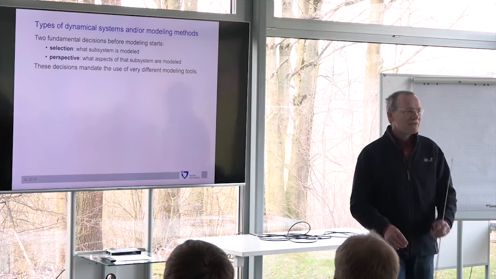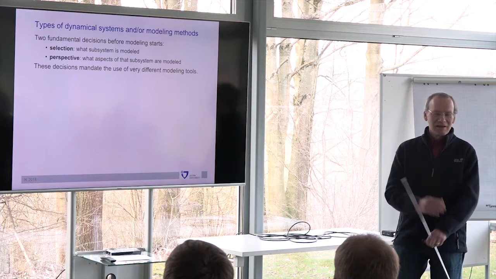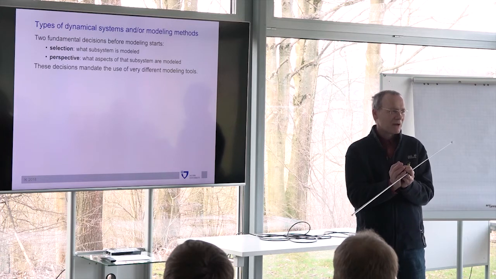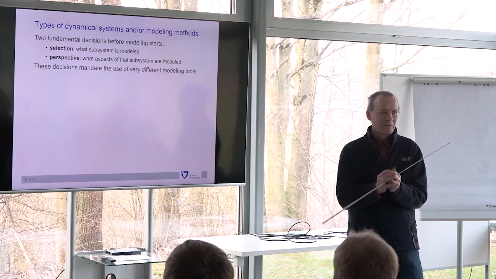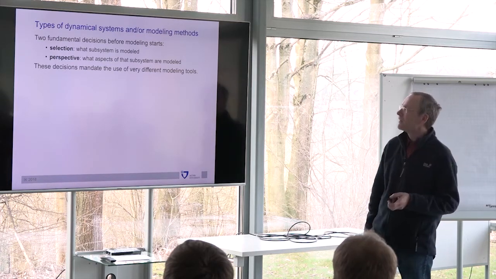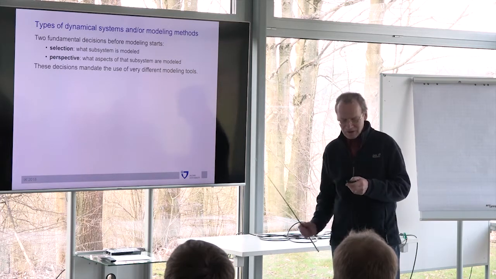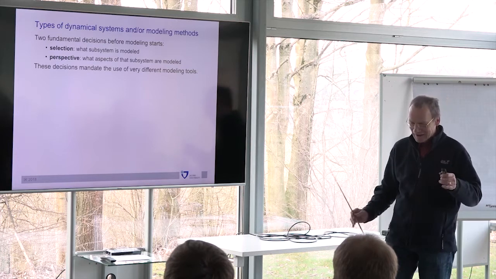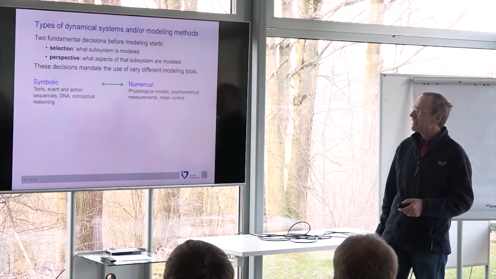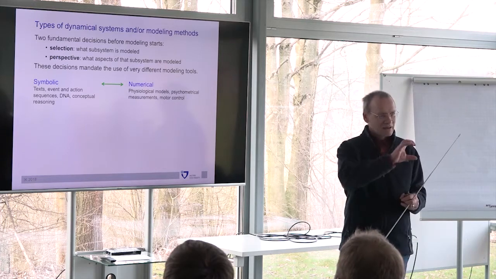Yeah, so I want to briefly now give you a list of fundamental dimensions which distinguish different methods to describe dynamical systems from each other. So this will be a kind of, I would say, frightening list. So forget about these. If you want to think methodologically, you have to think about how you cleanly approach modeling. I will just go into the middle of it and say, so one basic distinction is symbolic dynamics,